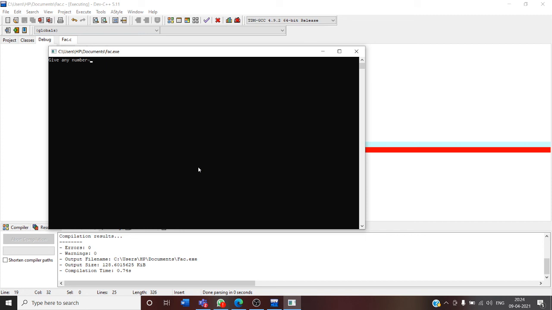Okay, now it comes with a window that is called the output window basically. Give any number. You should give an input so that the computer can understand and give you the output. We want to print the factorial number, so we input 5 to get the factorial of 5. Give any number 5, enter. Here we see guys, factorial equals to 120. Okay, so the program runs successfully.